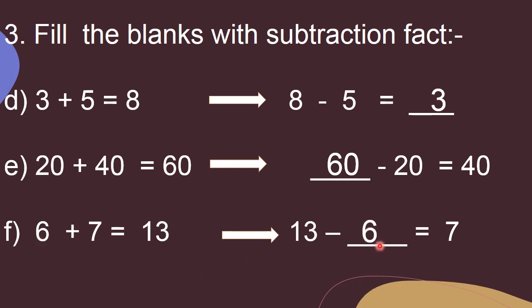So in subtraction fact beta, always remember that we have given two numbers, and when we added those two numbers, whatever is the total, ठीक है, अगर हम उस टोटल में से कोई भी एक नंबर माइनस करेंगे, then we will get the next number. ठीक है, जो एक नंबर हमने माइनस किया तो we will get the next number, जो दूसरा नंबर होगा, दोनों नंबर्स जो हमने ऐड किए हैं.